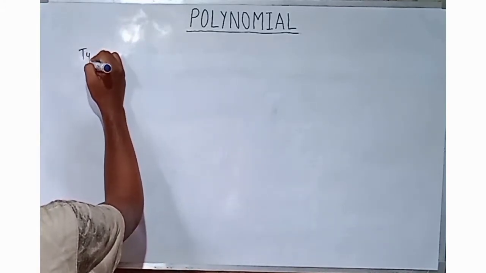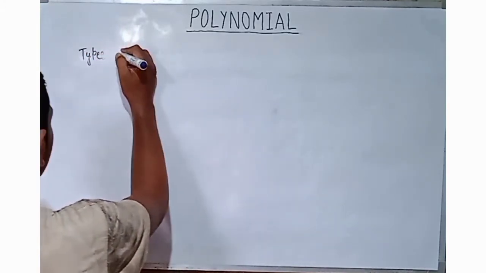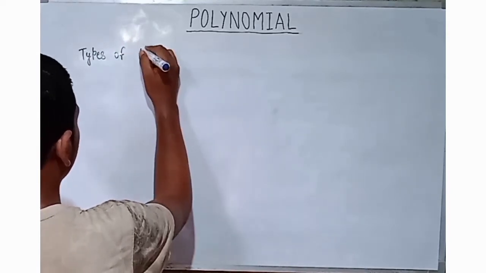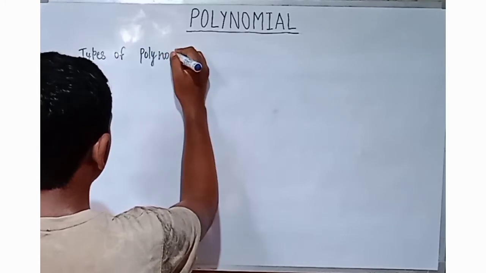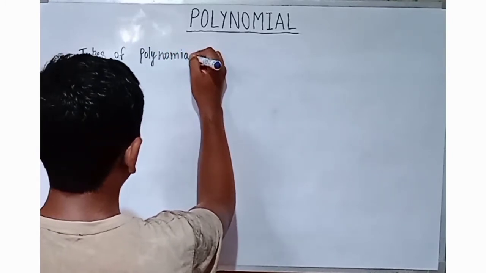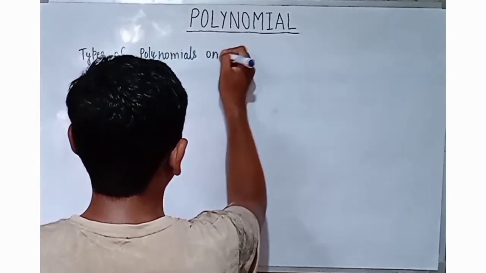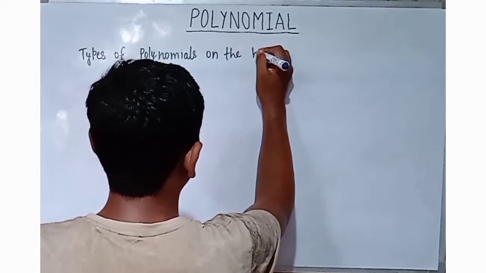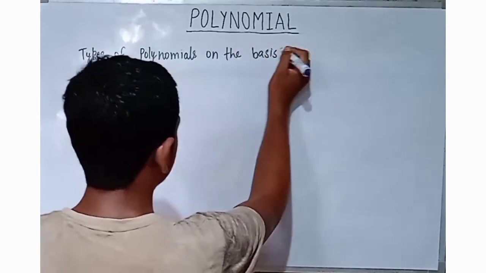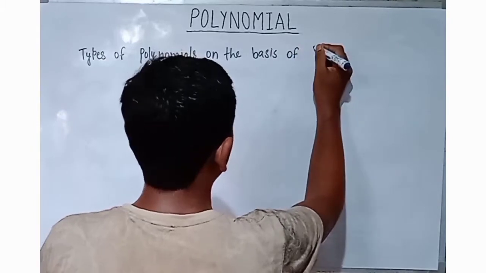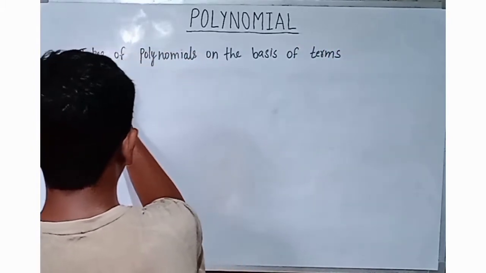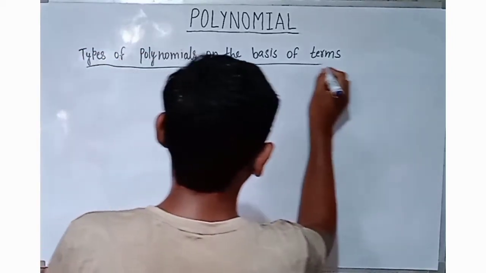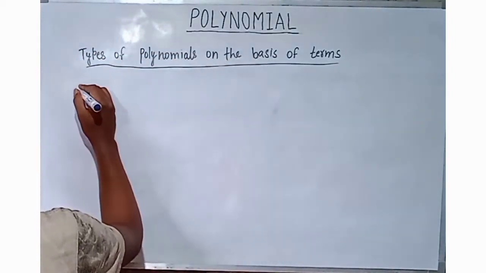So types of polynomial on the basis of terms, okay? Types of polynomial on the basis of terms. So first type is